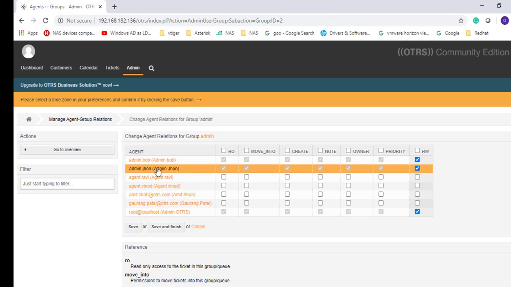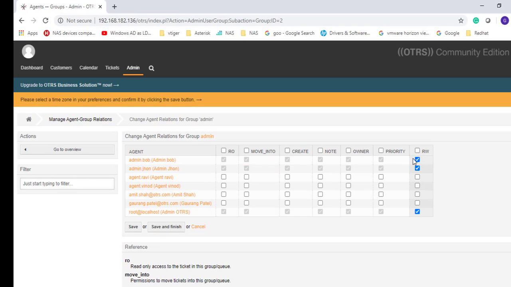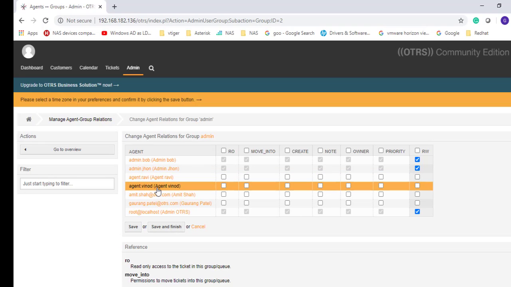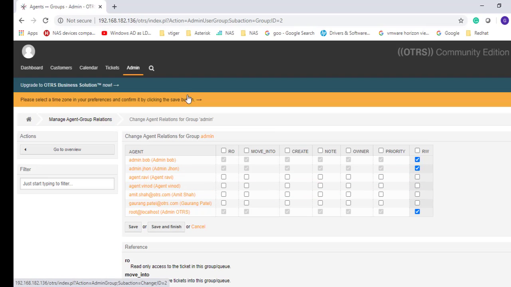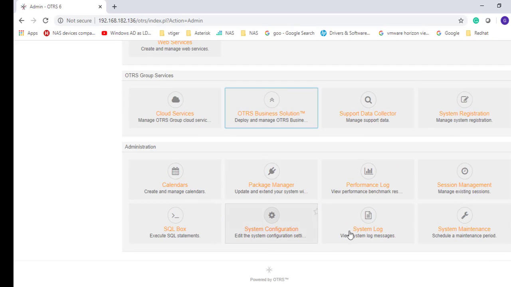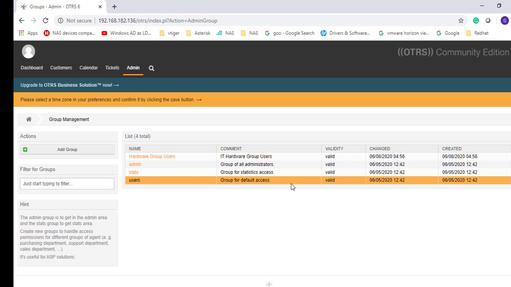Admin, yes, admin.john and admin.bob have read write permission to the admin group. And as you can see here, agent.ravi and agent.vinod do not have any permission on the admin group. So let's go ahead to Groups. Where is Groups? Yes, Groups.